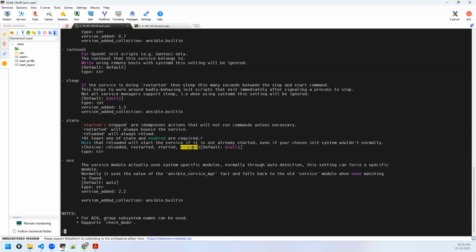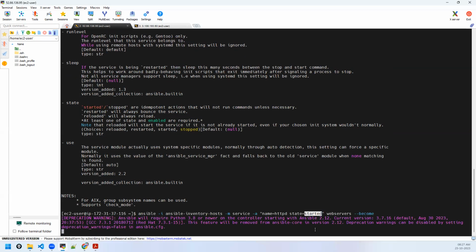Then I used the actual correct one only. Let me check again. I said status. Oh, state, not status. All of these are predefined. Values are predefined. The attribute name is predefined. The attribute name is state. Values are started, stopped. These are the valid values. You can't use something else. Am I making sense? The attribute name is predefined. Attribute values are also predefined. These should be the attribute value. I have used started. Now it should be working fine.